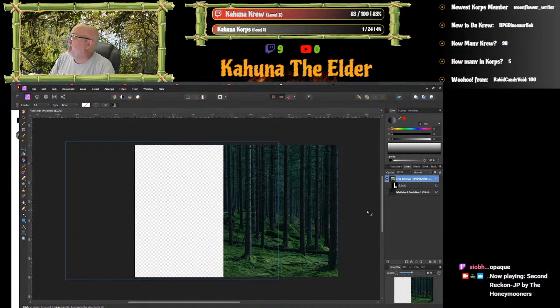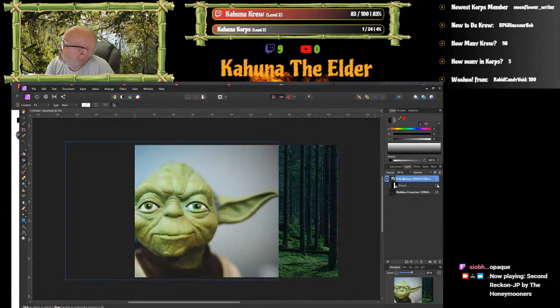Okay? Now, the first thing is if you're going to do one of these, opaque is a good word, by the way. If you're going to do one of these fades, the two images have to overlap. And they have to overlap sufficiently for you to be able to do this fade within the overlap. Otherwise, what you'll see is the edge of one or other of the images. And I'll show you what that looks like. So that's a forest image there. As you see, when I turn on the Yoda image, it overlaps it by quite a bit.